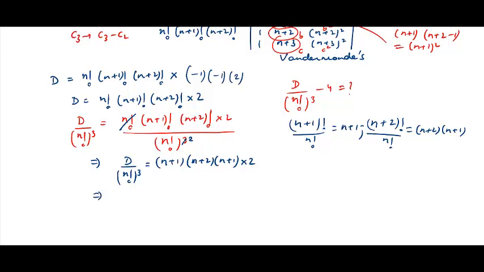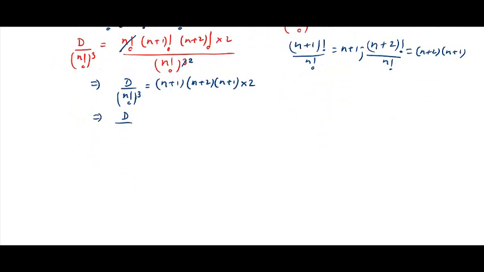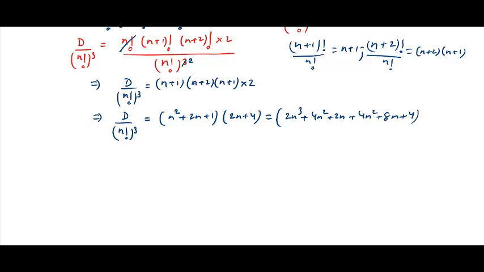So we now simplify this further. You get d upon n factorial cube is equal to, now we multiply this, so we get n square plus 2n plus 1 times 2n plus 4, which is same as 2n cube plus 4n square plus 2n plus 4n square plus 8n plus 4, which is same as 2n cube plus 8n square plus 10n plus 4,